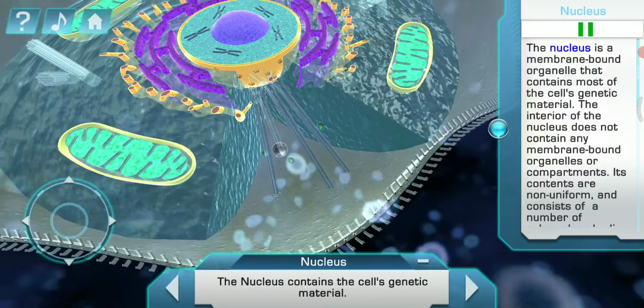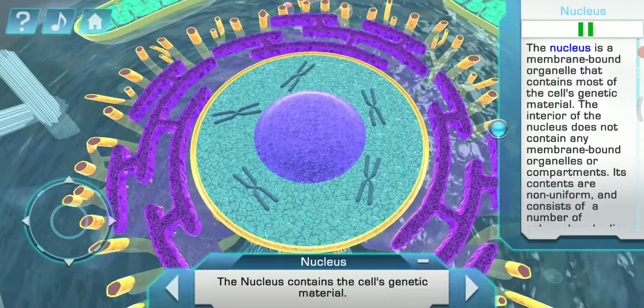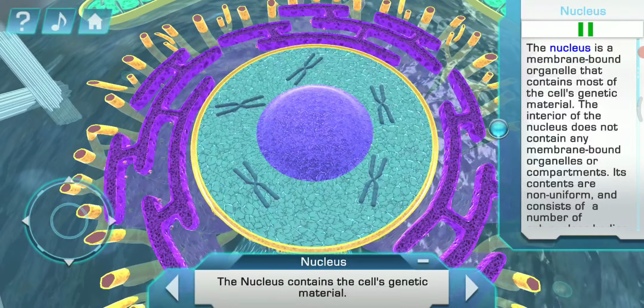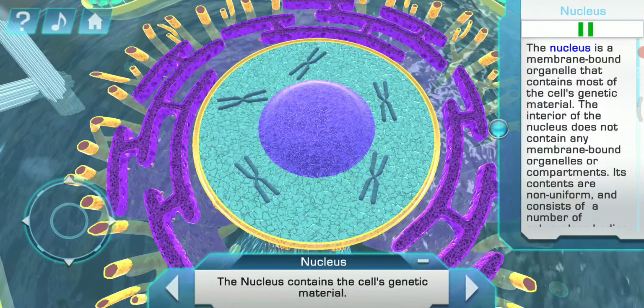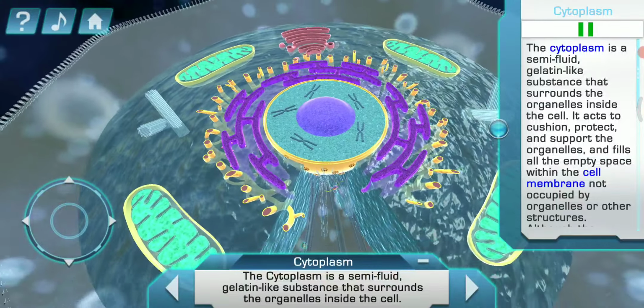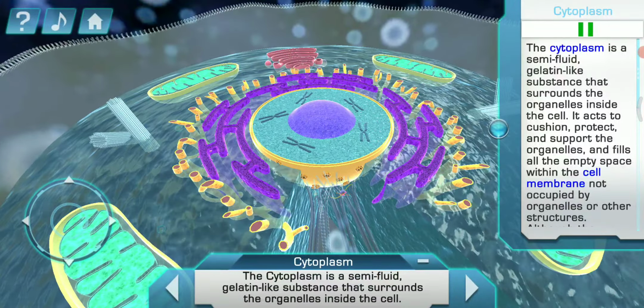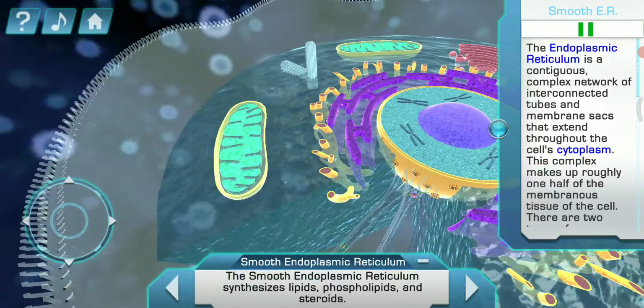The nucleus is a membrane-bound organelle that contains most of the cell's genetic material. The interior of the nucleus, the cytoplasm, is a semi-fluid gelatin-like substance that surrounds the endoplasmic reticulum, which is a contiguous